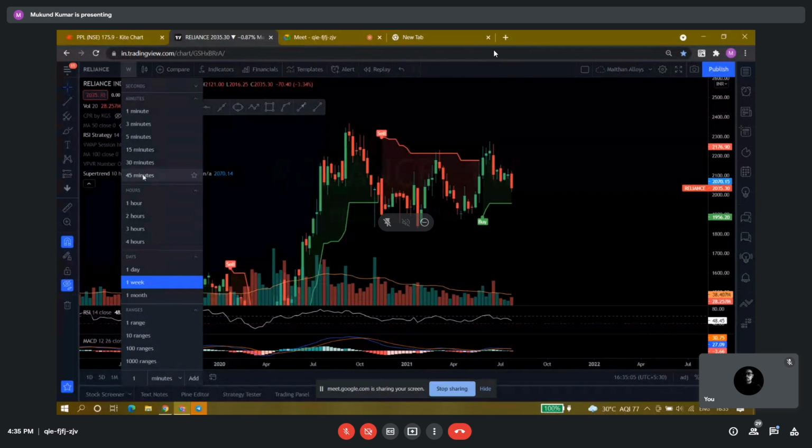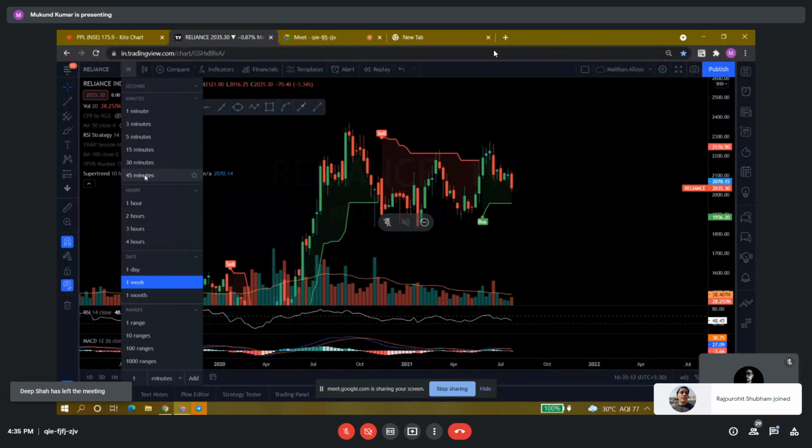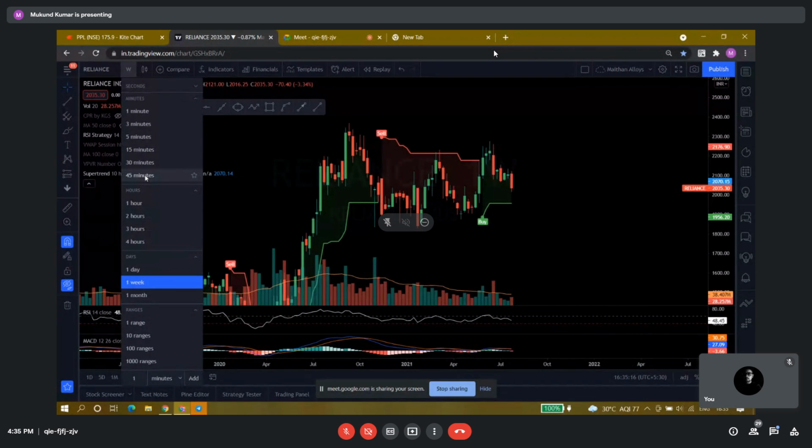If we come to the 15-45 minute chart, something else will show up. If we come to the 1 hour chart, you can see a completely different thing. If you move to the 1 month chart, you will see a different thing. So you cannot completely rely on technical analysis. That's why we generally don't go with only technical calls. I generally see the fundamentals first and then the technicals, and then only take a trade. I generally don't go with the technical things only.